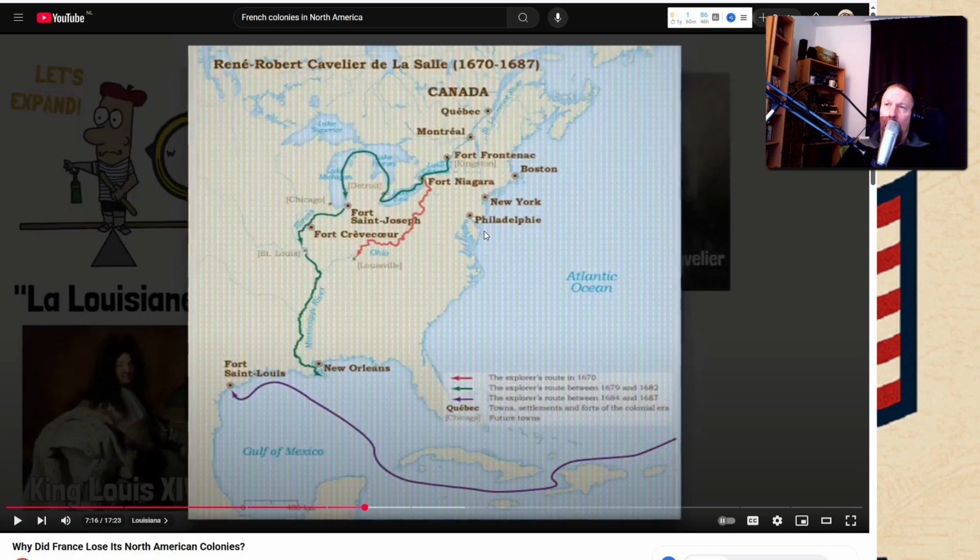Although now we see already that New Amsterdam is New York, and there's no mention of New Amstel or any other Fort Orange. Fort Orange now became Fort...